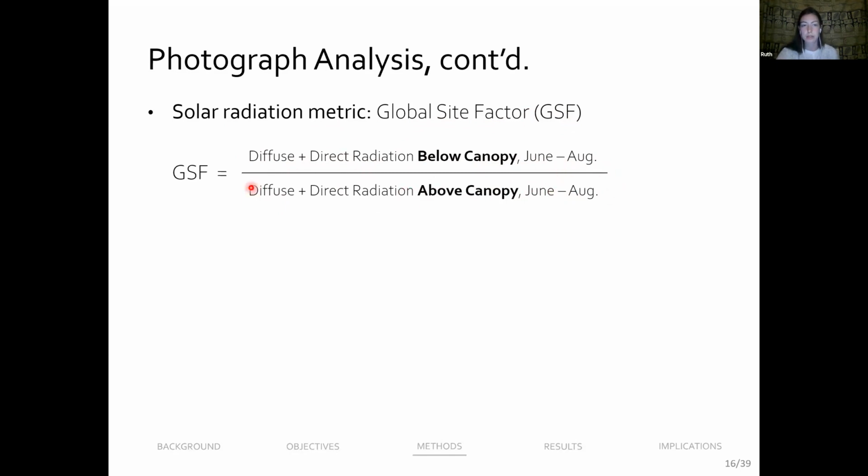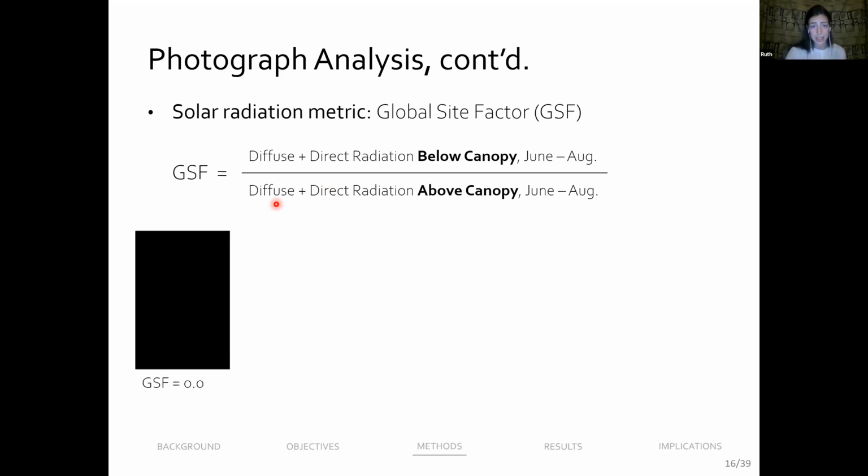So the value would range from 0 to 1, with 0 being no radiation transmitted through the canopy, so that'd be like a very dense canopy, and 1 being a completely open area where all the radiation is transmitted to the ground. And to kind of give you a sense of what that looks like, here you can see